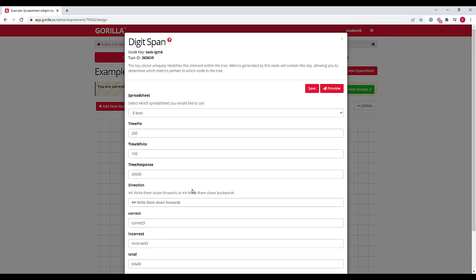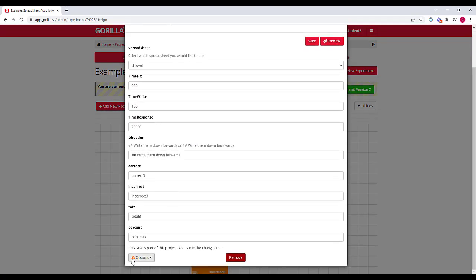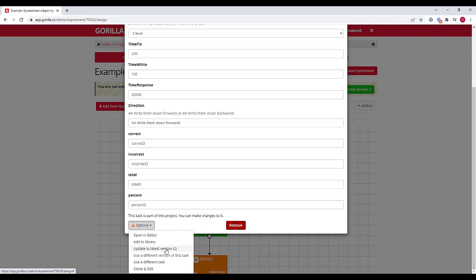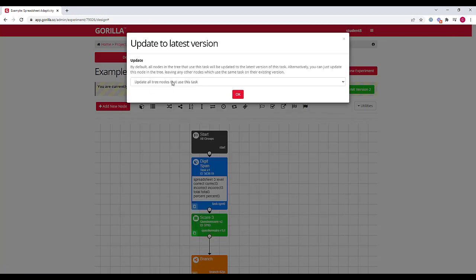So if I open the task and scroll down, you'll see from this warning sign that that means we're referring to an old version of the task. I can update to the latest version, and here again, by default, it will update all of the nodes in the tree that use this task. Alternatively, if you wanted to, you could update only this version and leave the other one as it was, but in this case, we do want to update all of the tree nodes that use this task. So if we click OK,